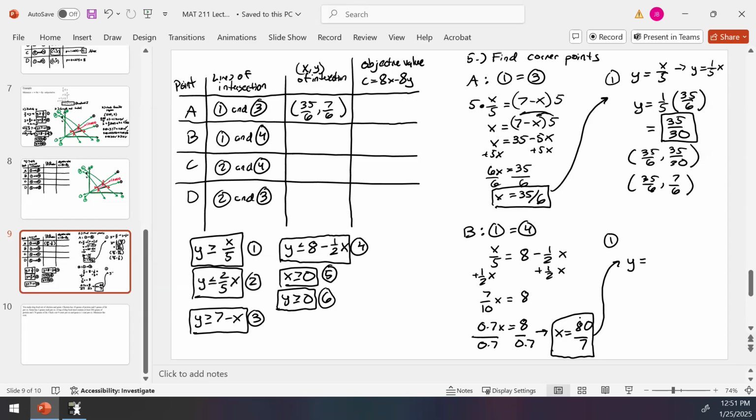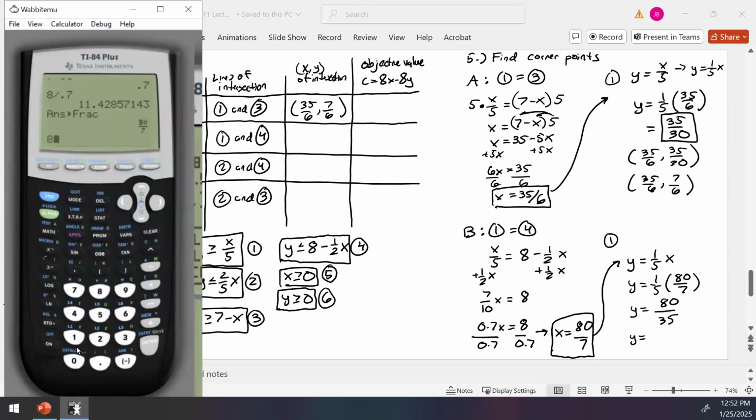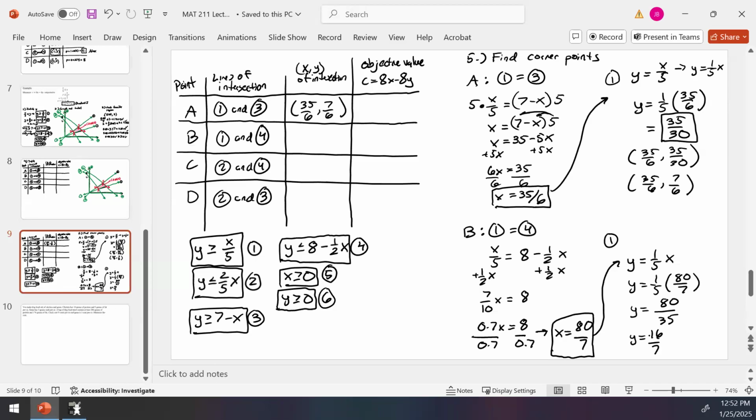So equation number 1 is 1/5 times x. So then y equals 1/5 times 80 over 7, which is then 80. And then, so 1 times 80 is 80, 5 times 7 is 35. And you can simplify that because they're both divisible by 5. 80 divided by 35, math, frac, 16 over 7. And so my ordered pair, make sure to emphasize that that's a y equals, is going to be 80 over 7, comma 16 over 7,